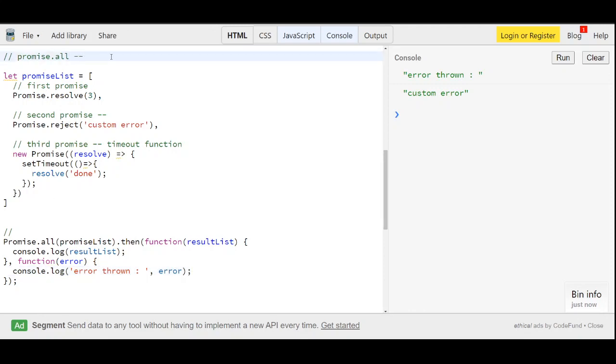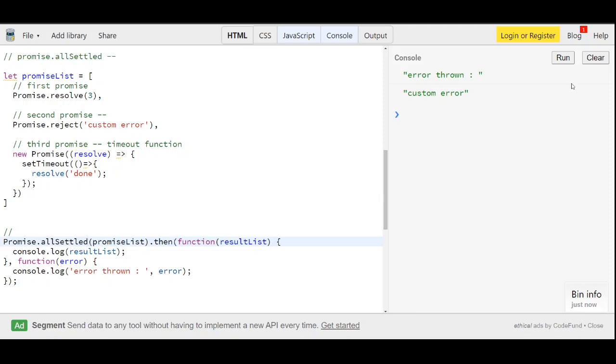Let's say you have placed 10 requests and in between, one of the requests fails. Then the failure result will be passed to you even though some of the requests passed. That is why we came across a method called allSettled, right? Now we will see how allSettled works here.